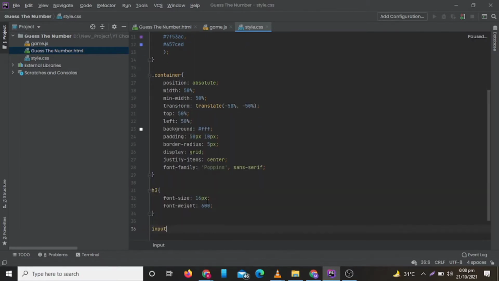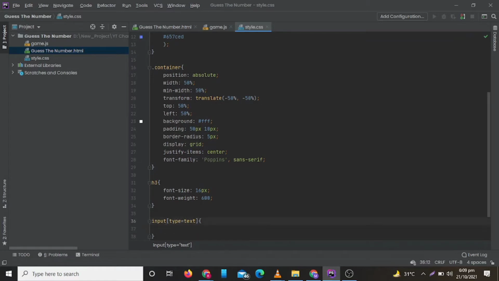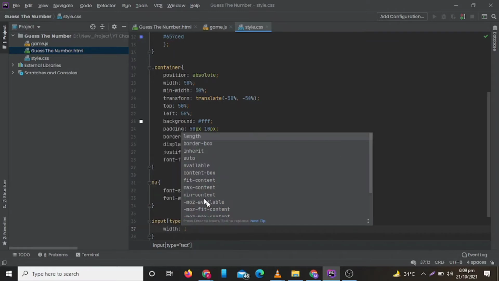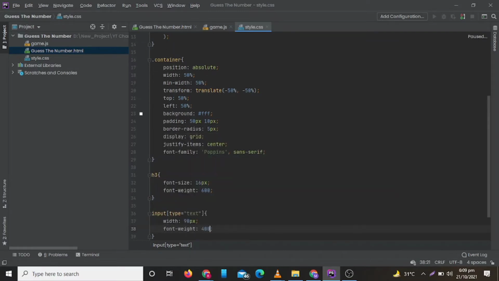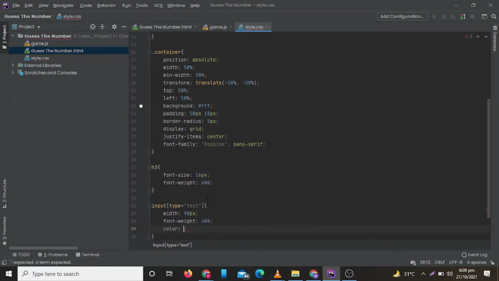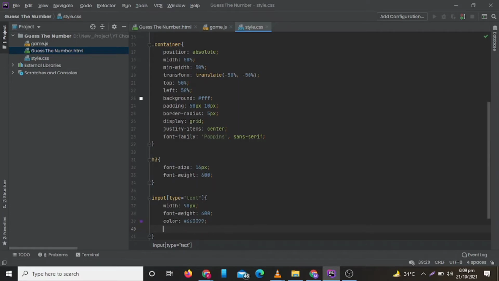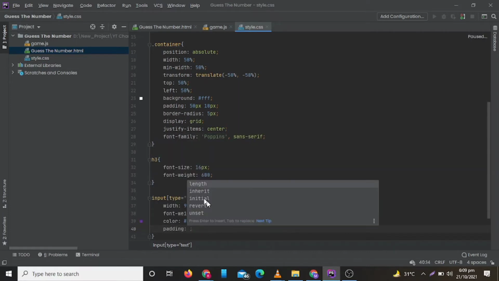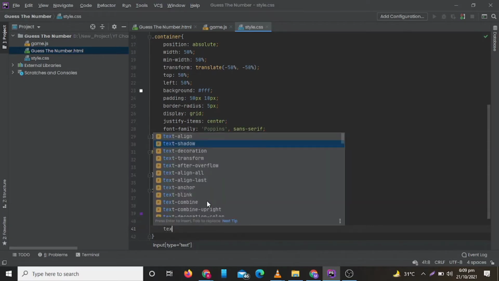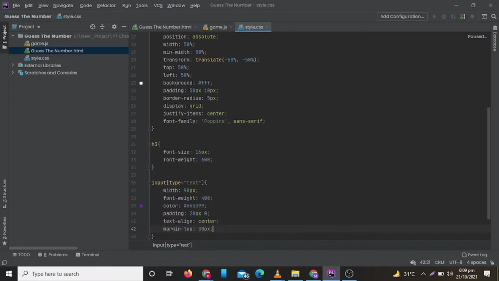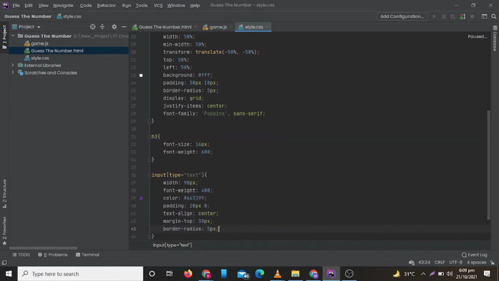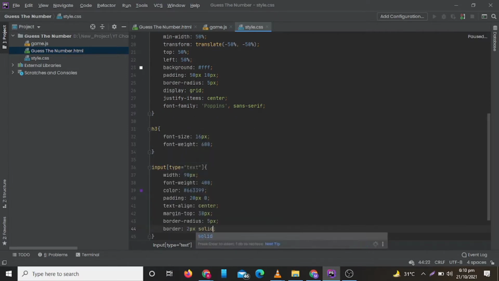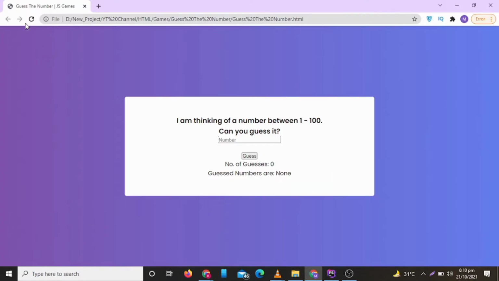Now let's write CSS for our input. Now let's check how it is looking. So now it is looking good.